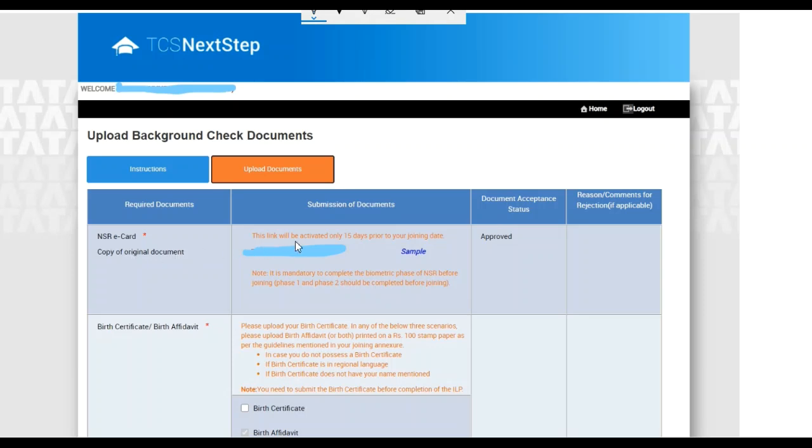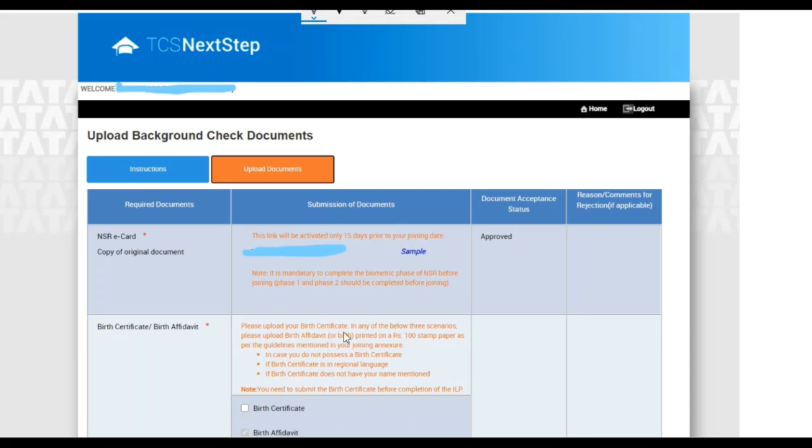This link will be activated only 15 days prior to the joining date, so there isn't any need to upload these documents at the very beginning. Here they have given a note that it is mandatory to complete the biometric phase of NSR before joining. Phase 1 and phase 2 should be completed before joining. So make sure you are done with all the biometric phase of NSR before the joining procedure.